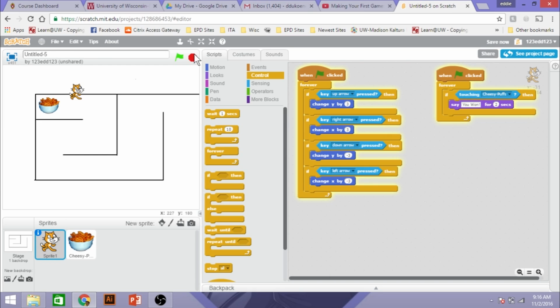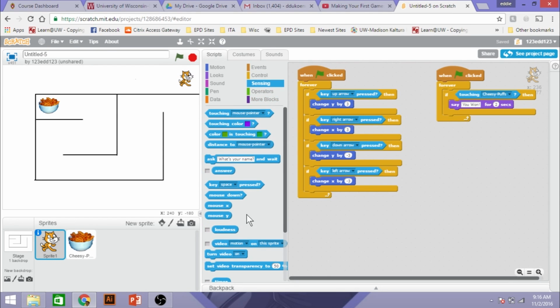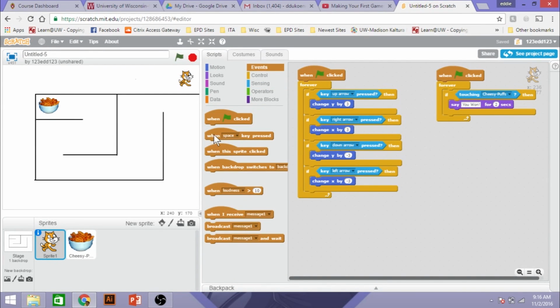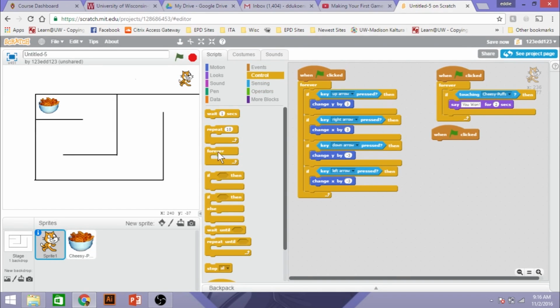So in order to fix this, stop our code here, pull our character back to the beginning. There are two ways. What we're going to do is we're simply going to bounce the character back to the beginning if they touch that, which will be very frustrating for the users, but will make the game ultimately more fun. So we're going to say when this is clicked, control, forever,